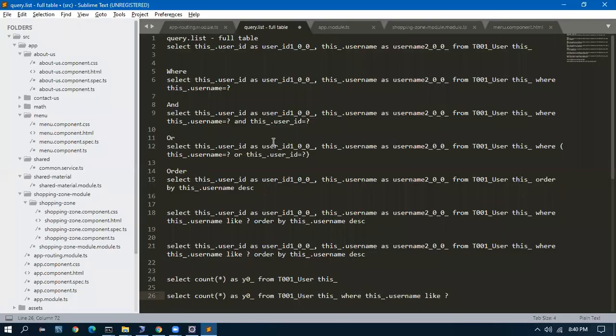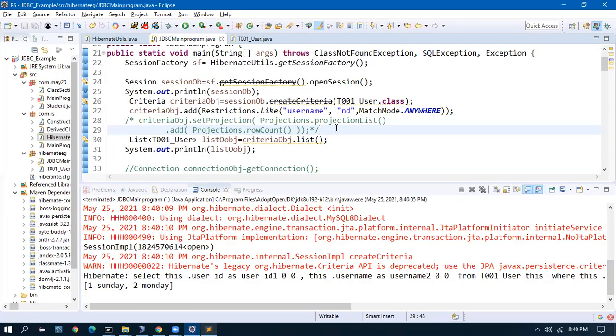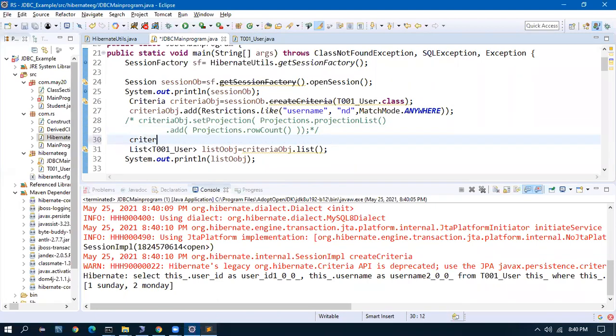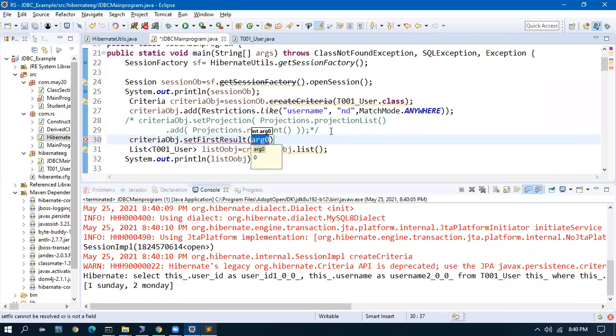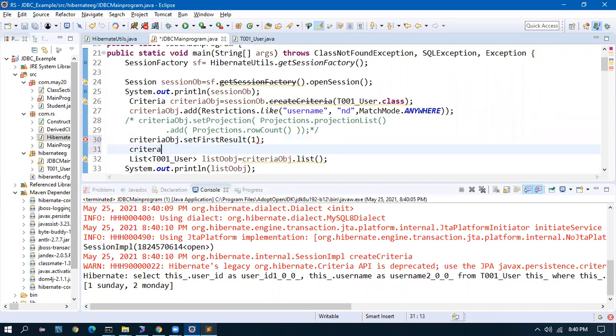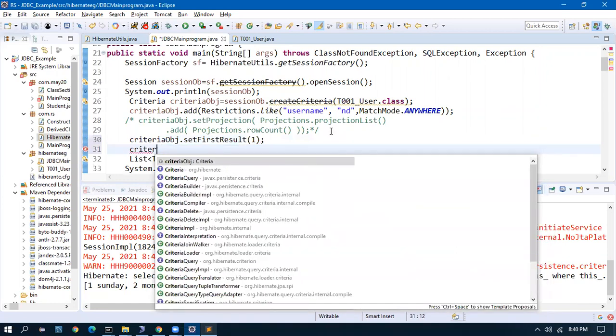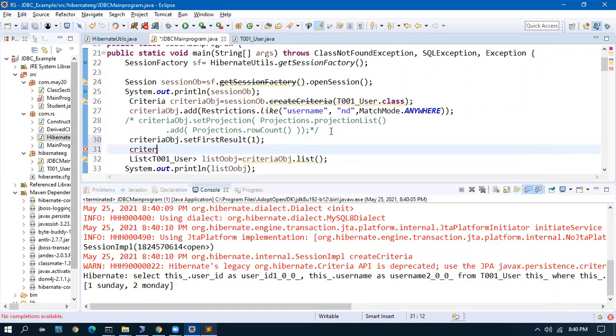In the criteria, let us say we have pagination and only 10 records have to be fetched. Then we will give criteria dot set first result 1, criteria dot set max results 10. So only 10 will be fetched.